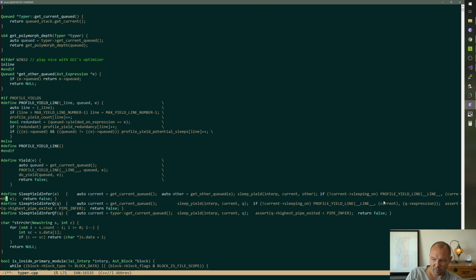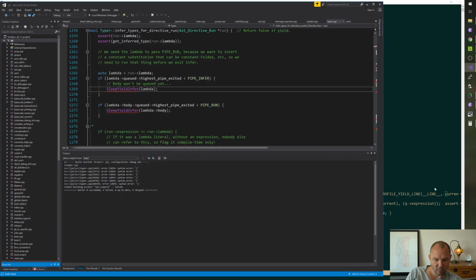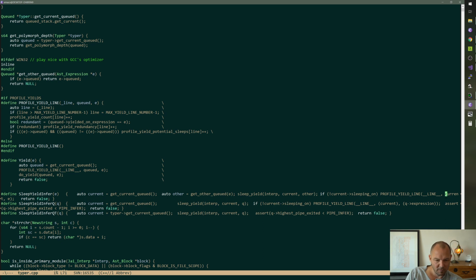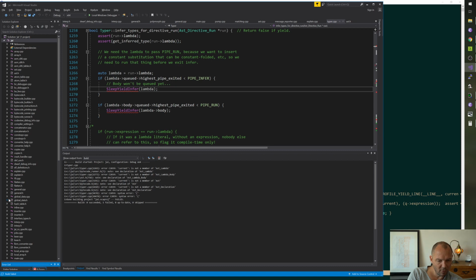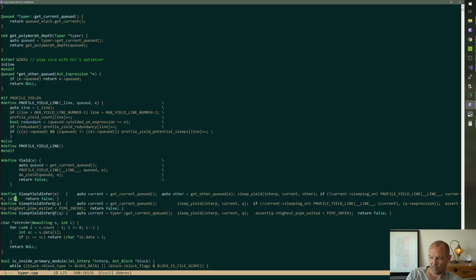Current is not a member of Ast Lambda. Why? How are you getting E arrow? Where is that even coming from? This is what's horrible about this.